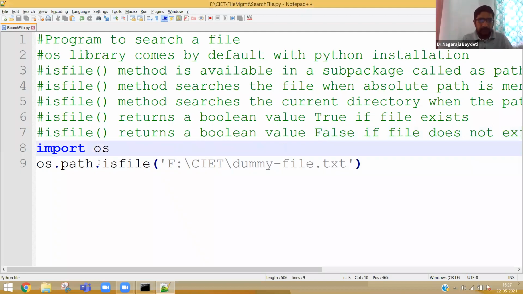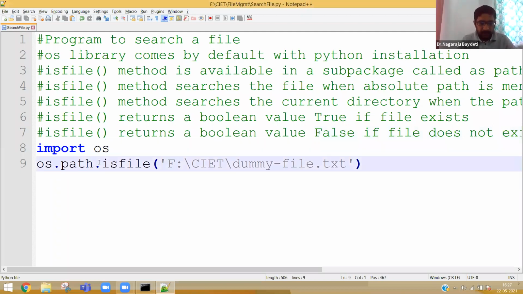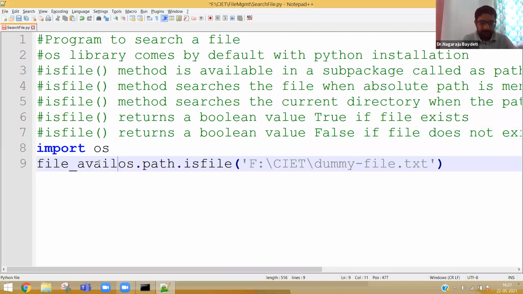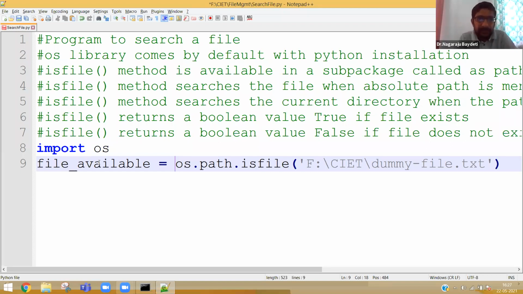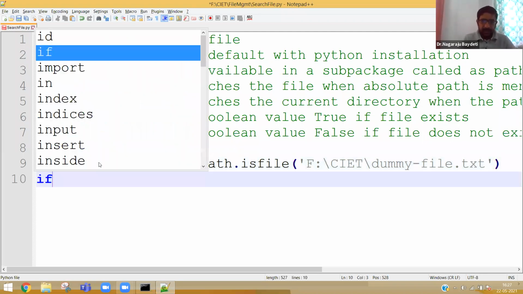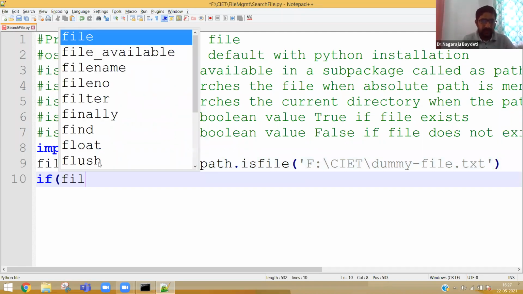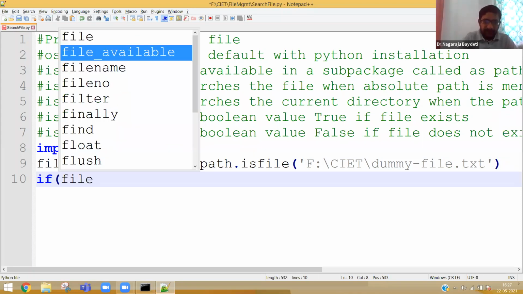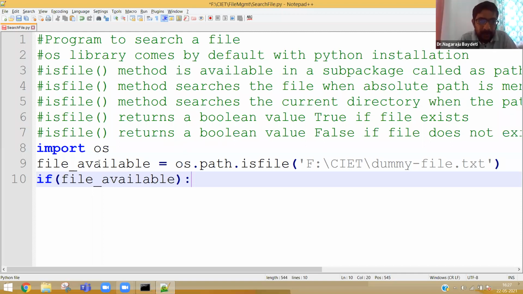Okay. Now, let me say file_available is equal to that call. Now, file_available will be true if the file is really available. Otherwise, it will be false. So what I can do is, if file_available, what is file_available?